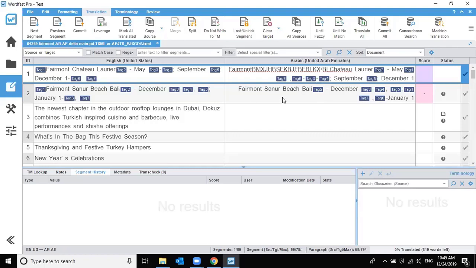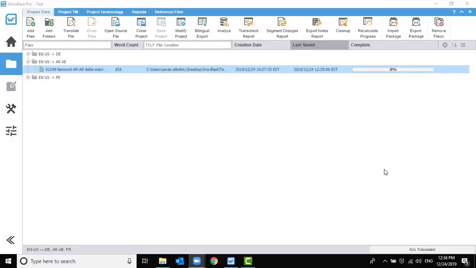That was it for the first scenario of receiving a bilingual file to be translated on WordFast. The other scenario is the GLP, and we will see it in a while. But before this, we have to know how to analyze the volume we are about to translate. Just before you do anything, make sure that you close your project from here and then open it once more